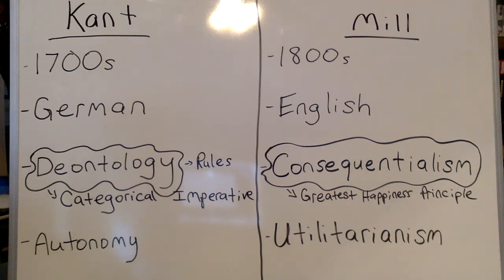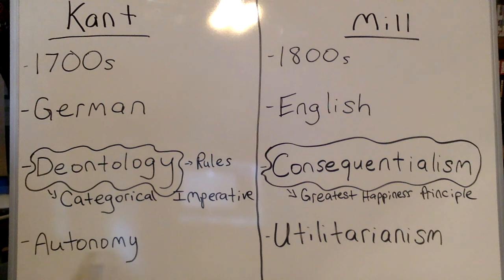So when he says maxims, he's really talking about rules. It's just kind of a fancy word for a personal rule or guideline. So the categorical imperative states, only act on those rules that you would be okay with everybody else following, right? So something like do not cheat, do not steal, do not kill. We could fairly safely apply these to all of the rest of humanity and assume that that's okay. We could be happy with those rules applying to everybody all the time, except for maybe in some specific situations.